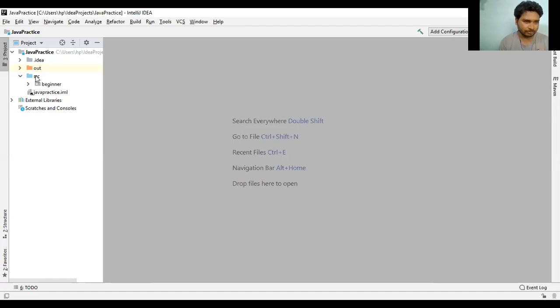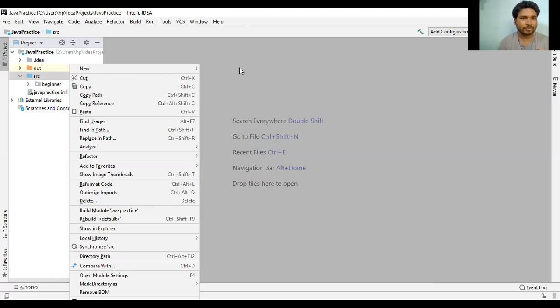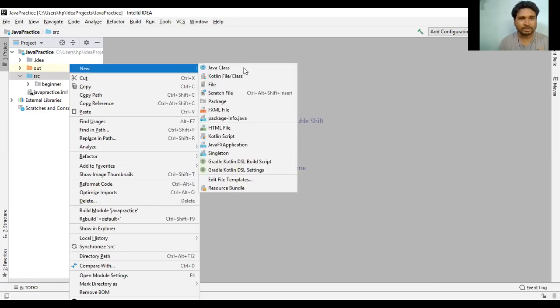You select it, then right click, and you will get new. Then you can create a Java class, Kotlin class. Every file you can create here. Our intention is to do Java programs, so we have to use the Java class.